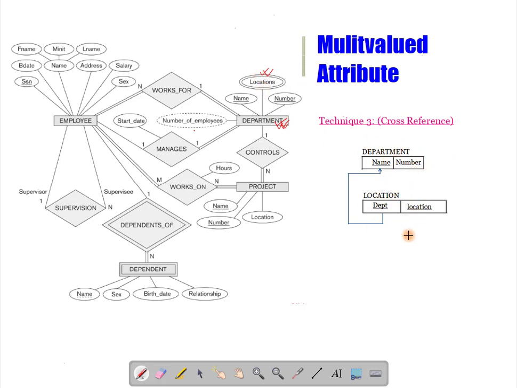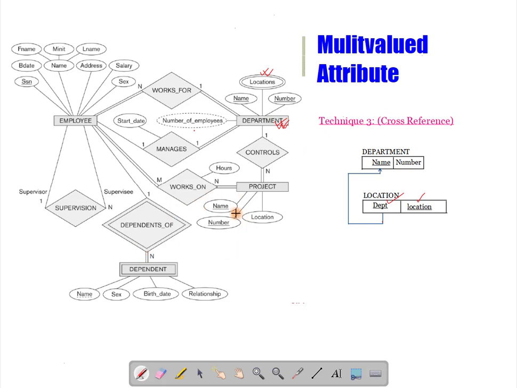For location we will have a separate relation, with an attribute location and a new foreign key, which will refer to the primary key of the department relation. This is how you can convert a multi-valued attribute. And in this new relation, the combination of this foreign key and location, department and location, will be the primary key.